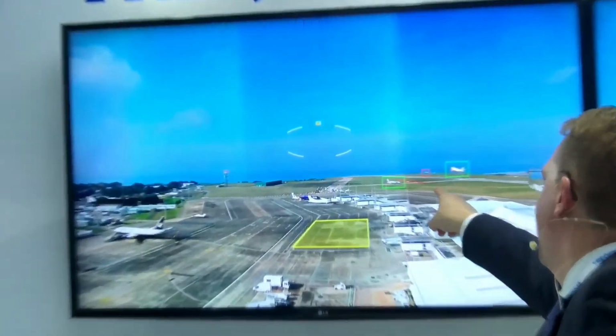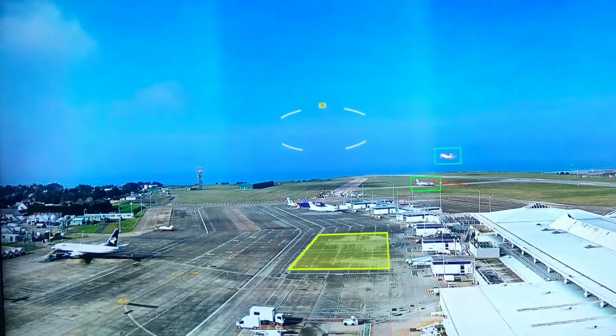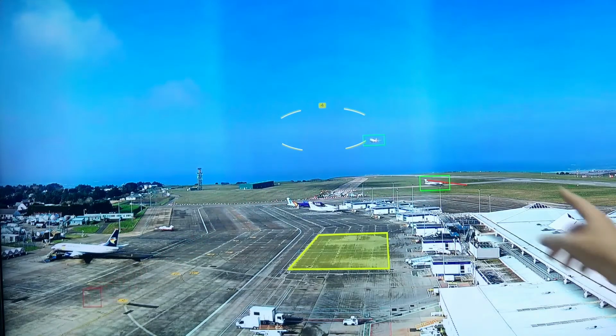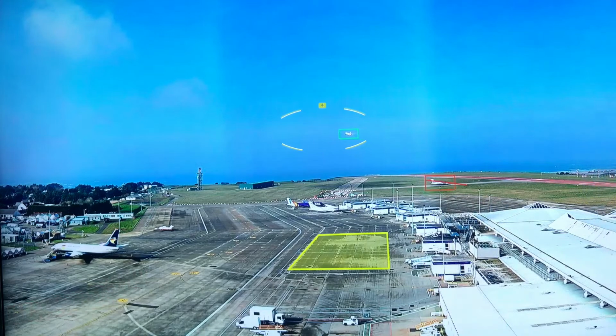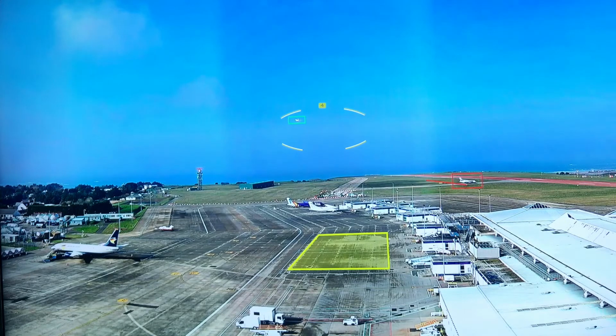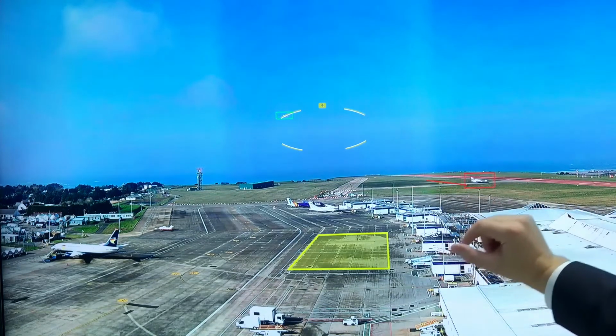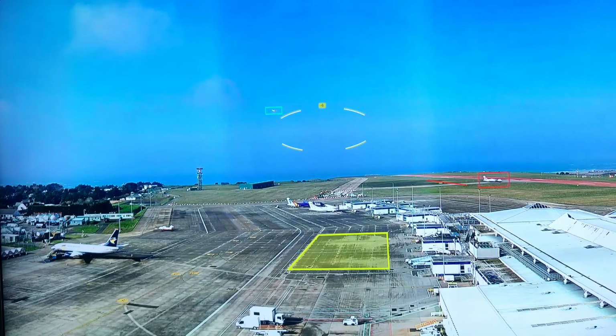Here we have marked with the red bar a virtual stop bar. Now this aircraft, which is a known object, is passing this stop bar without permission, and immediately the object itself is marked as red, and also the overall runway is marked as red, so that the controller is immediately informed that something is wrong and that a runway incursion has occurred.